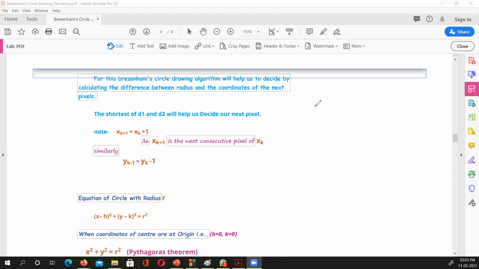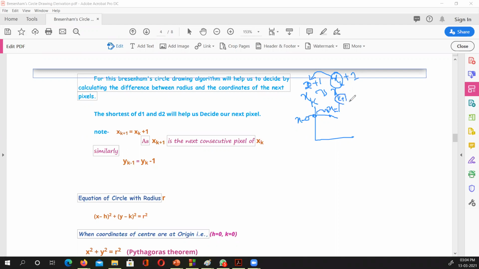Say at this position and this position, x is 0 and here x is 1, because we are only incrementing by 1. So for this we use x of k or x of i. Now I'm saying x of k, where k was 0. Now k plus 1 means the next one. In fact, what the x was, that is 0, plus 1. So I could say it's x of k plus 1. Whatever x of k was, that was 0, add 1 to it, it becomes 1. If x was 2, 2 plus 1 becomes 3. So whatever it is, x of k plus 1.